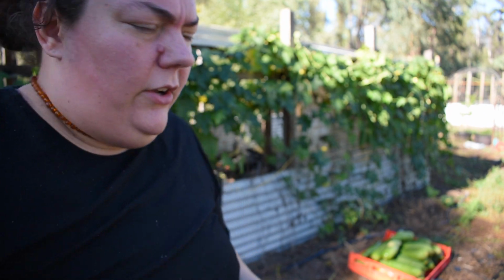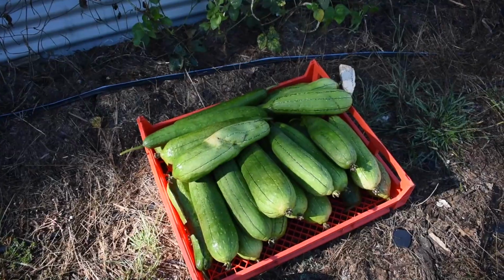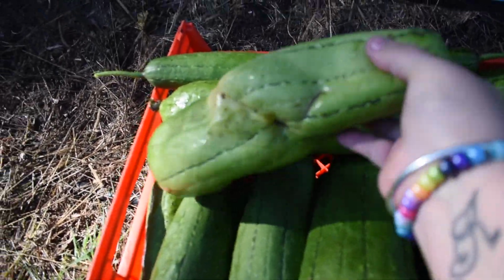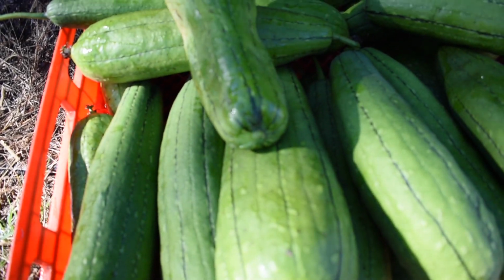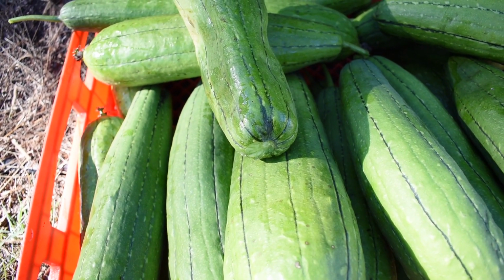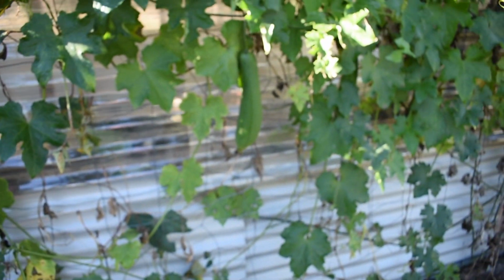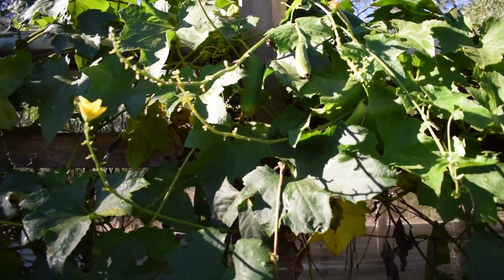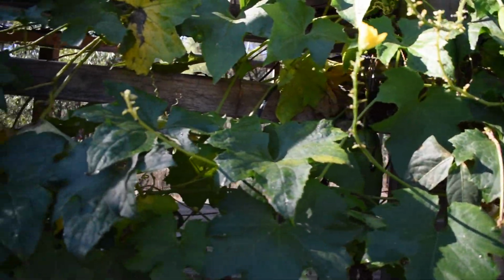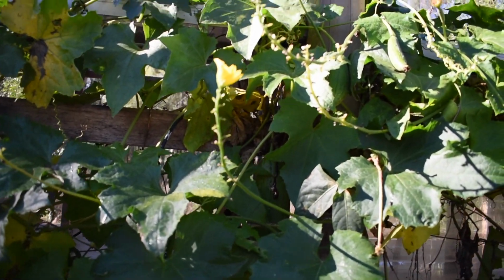Alright, so it looks like I got all the ones that were here. Let me show you these. That's a significant harvest. I did manage to tear a second one. It was up on the solar panels, and when I was trying to get it down, it snapped. So we've got a few more inside the structure as well, but there are quite a few here that aren't big enough to harvest, so I'm still going to just let them go, and hopefully some of them will get a bit bigger during the warmer weather that we seem to be having. But I didn't want to risk